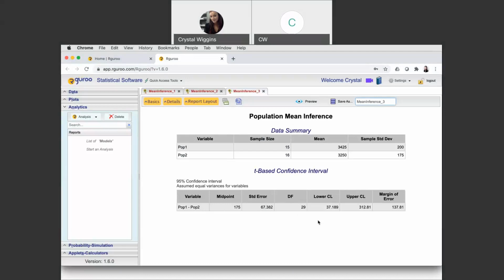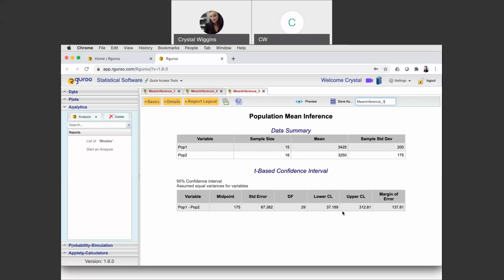Okay, so we can see the lower limit for the confidence interval, and again, this is the confidence interval for the difference between the two means, is between $37 and $312. That is a huge interval if we think about it. Oh my goodness. And we're 95% confident that the difference between the two retail store sales is somewhere between $37